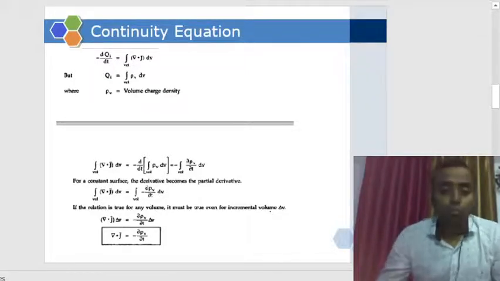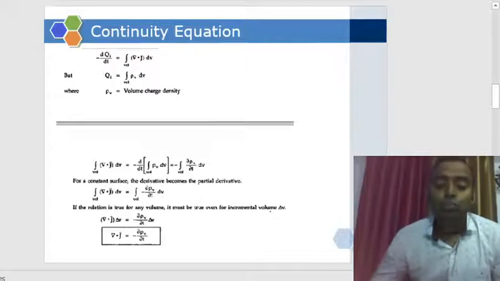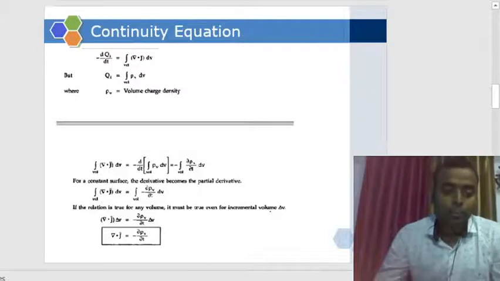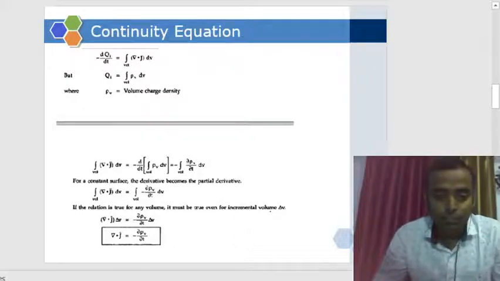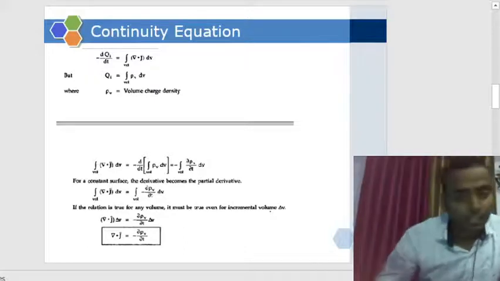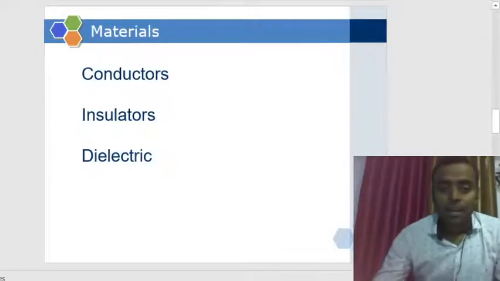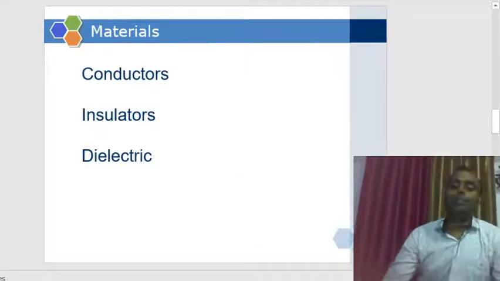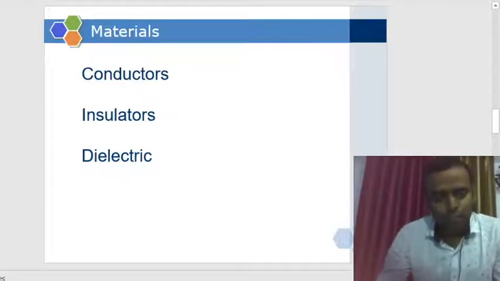Okay, if you want to write this integral form, so what you can write? It is just simple, surface integral of j dot ds is equal to this, in the form of qi, isn't it? So that will be the continuity equation integral form, and this is the point form. Okay, now this is all about the continuity equation. So this is the topic which we had discussed in our last lecture also, and today we'll elaborate.